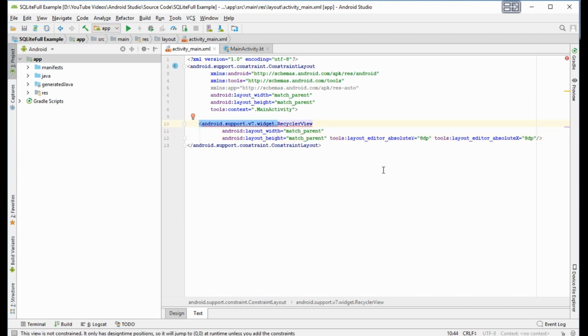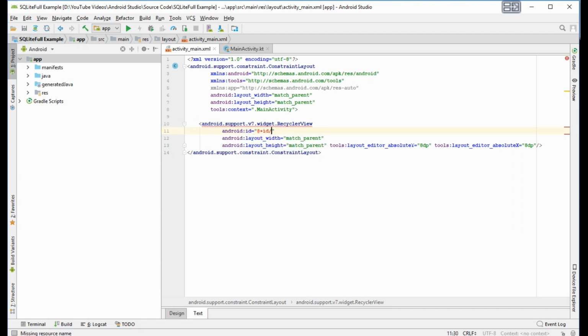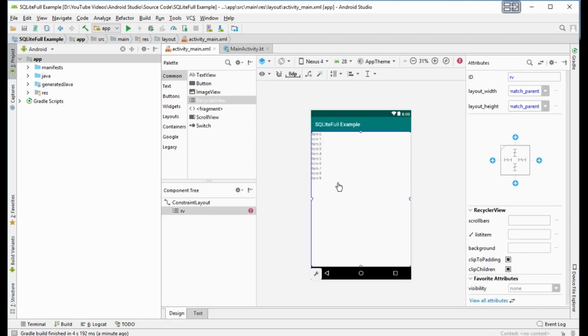We will give it an ID, RV, recycler view.